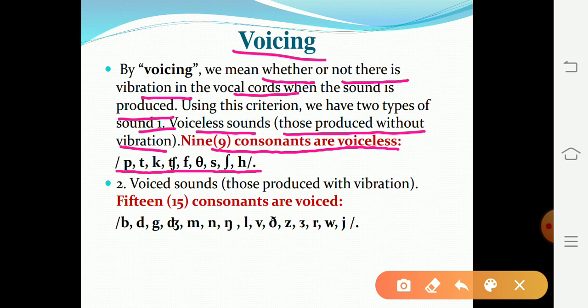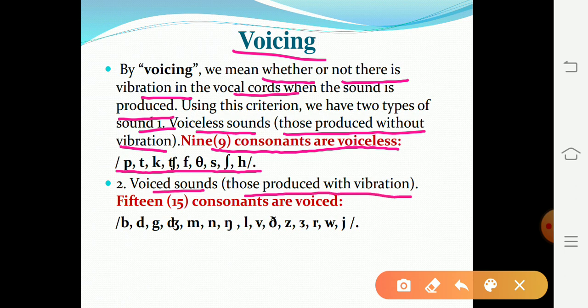Once again, the 9 sounds are p, t, k, ch, f, then the th sound, then s, then sh, then h, and the remaining sounds are voiced sounds, those produced with